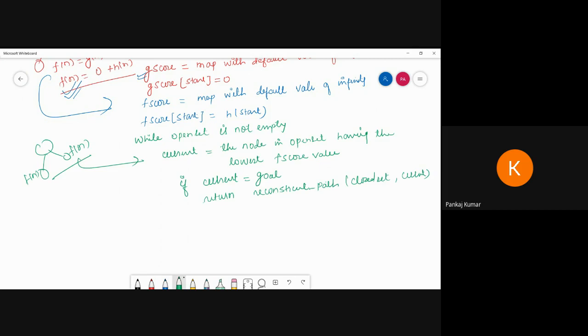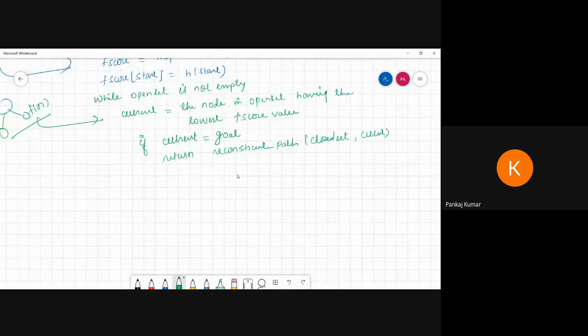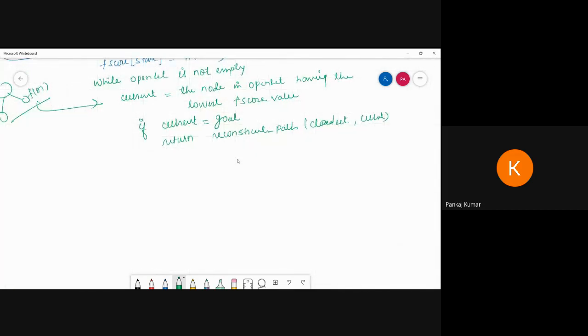After this, we have to remove from that queue. So we write open set dot remove current. We remove the current, and for each neighbor of current we have to calculate the tentative G score.